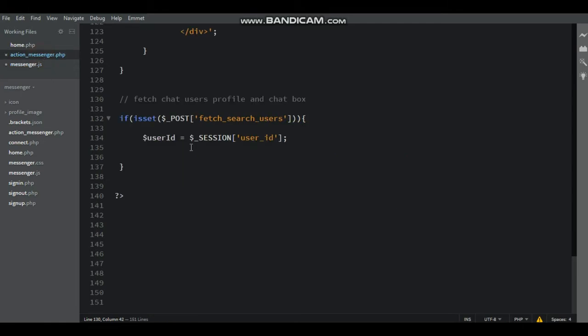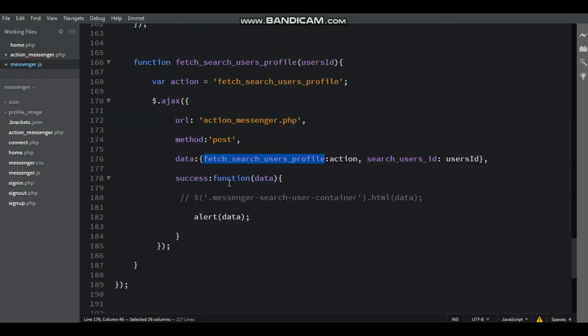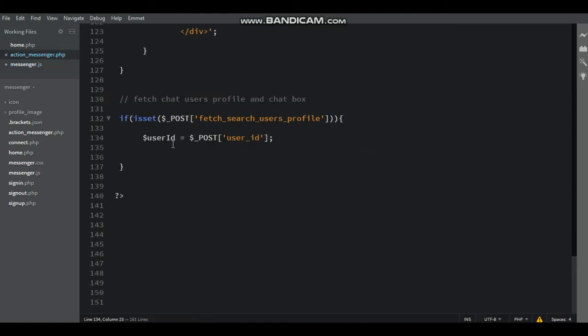Here paste $_POST inside, that is fetch search users profile, and also the search users ID, that is $_POST. Here search_users_ID inside single quotes.